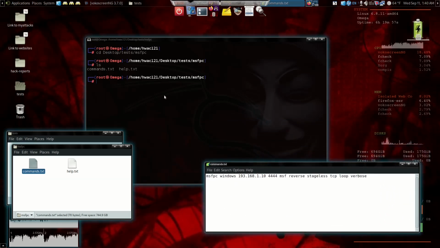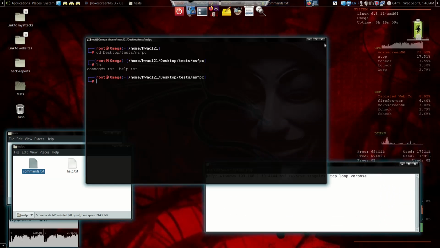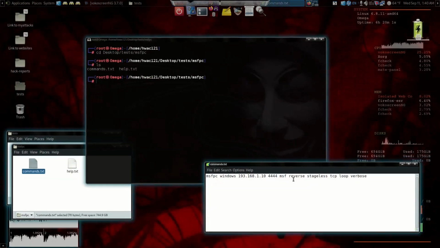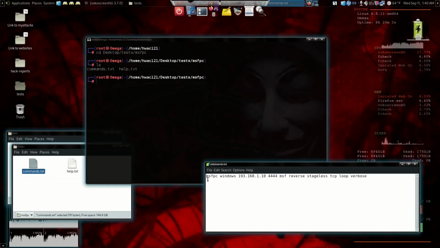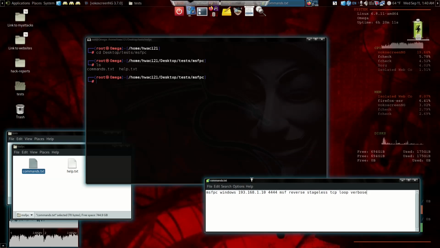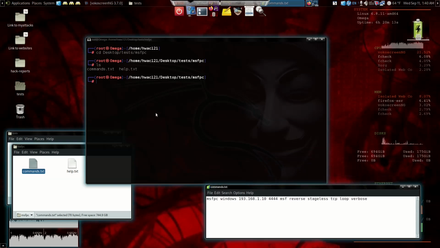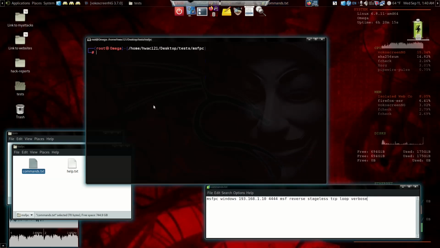Okay, so if you look at the command I have here, I'm going to shrink this down a little bit more so it'll be below that. There we go. Okay, so MSFPC,